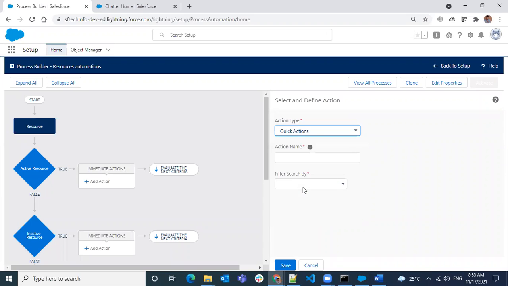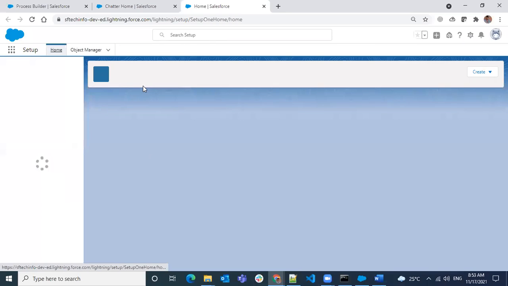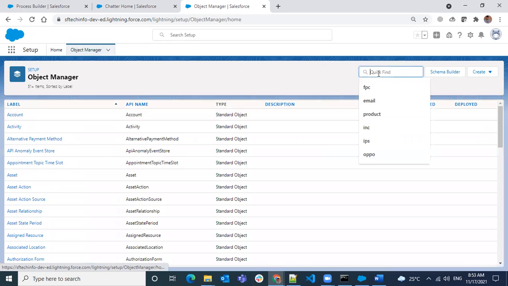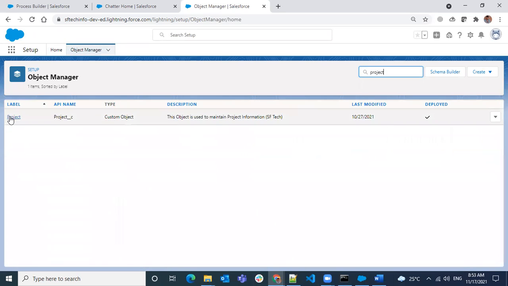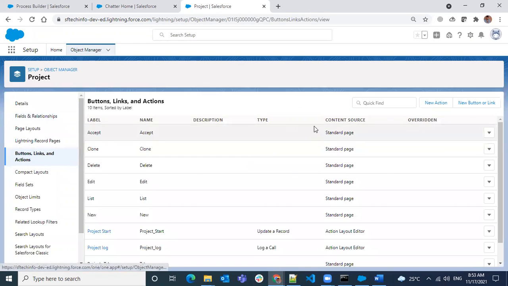And the quick actions. If you remember, while we were discussing the Lightning app builder, we can create quick actions for any of the records. So let's say you want to update some parts of the information, so we created some buttons, links, and actions.